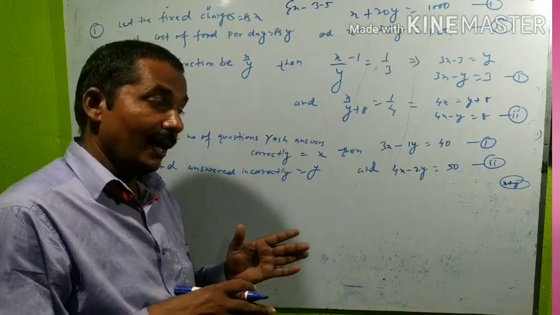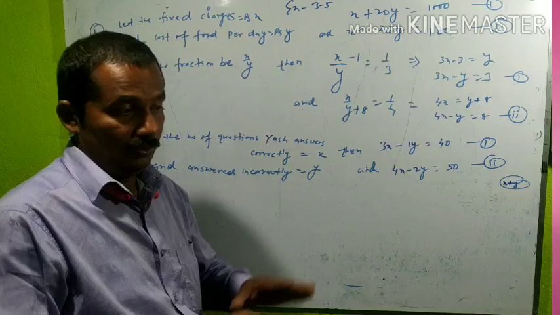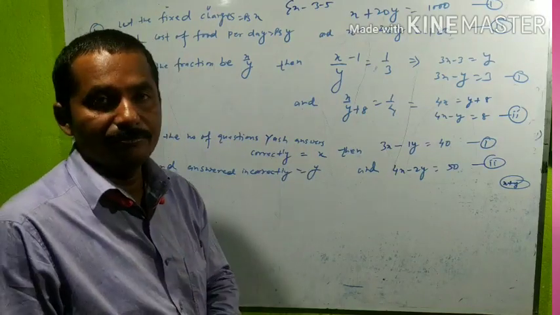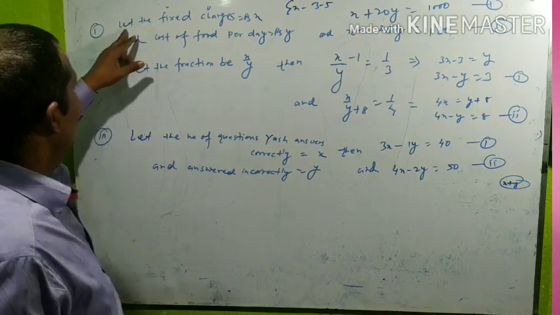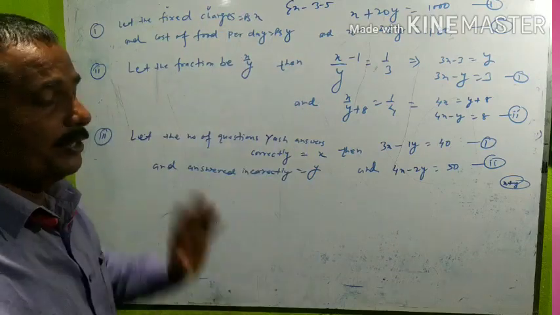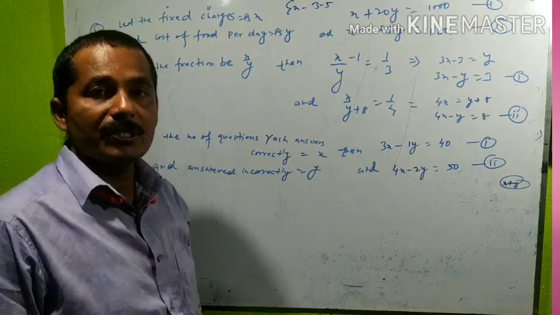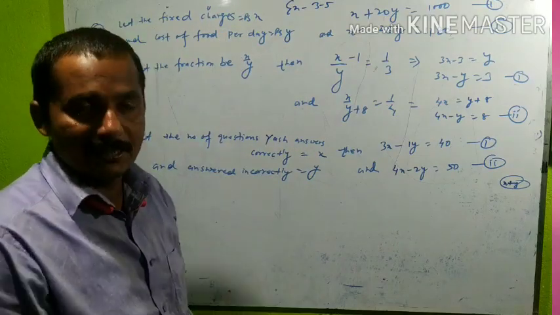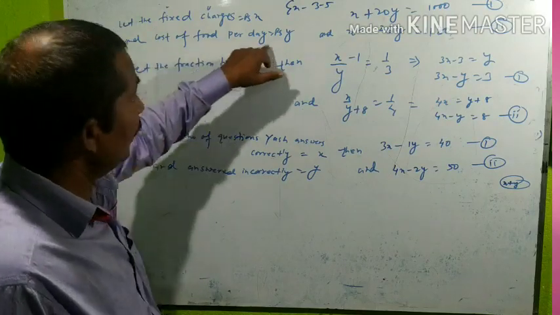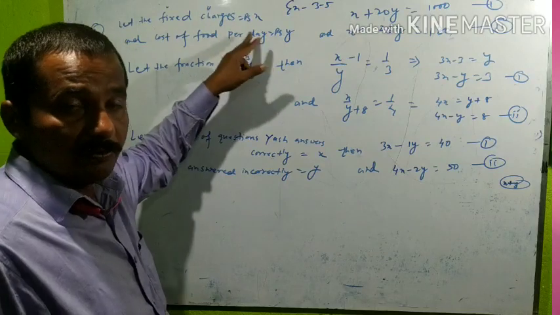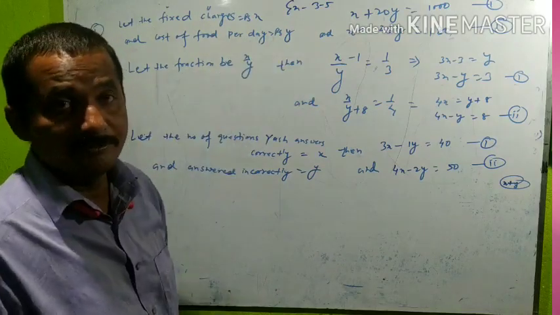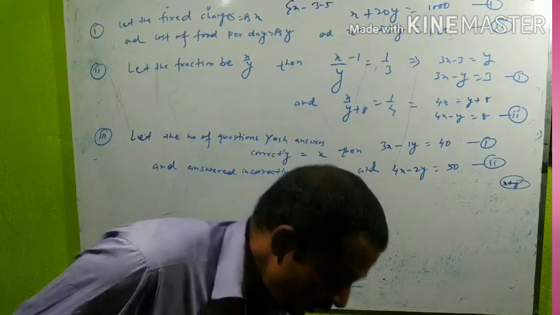Then according to the number of days you take the food for, charges are taken now. Suppose here, let the fixed charge be rupees X, and the cost of food per day be rupees Y. The first condition is here,